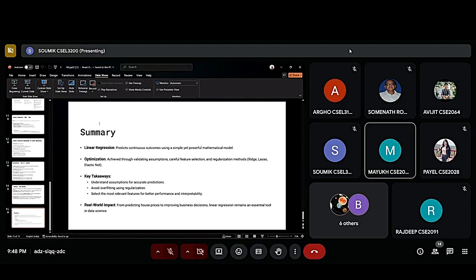In summary, linear regression, which is the main topic of this presentation, predicts continuous outcomes using a simple yet powerful mathematical model. Optimization is achieved through validating assumptions, careful feature selection, and regularization methods like ridge, lasso, and elastic net. The key takeaways from this presentation are: understand assumptions for accurate predictions, avoid overfitting using regularization, select the most relevant features for better performance and interpretability,